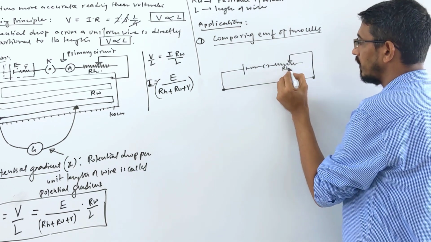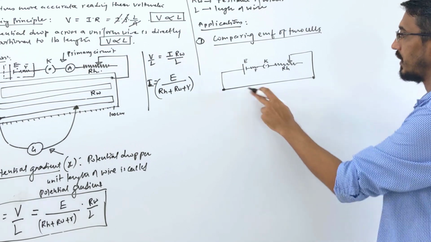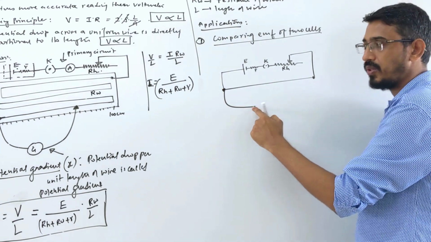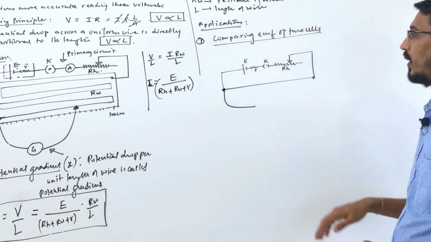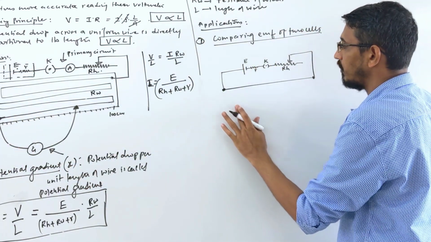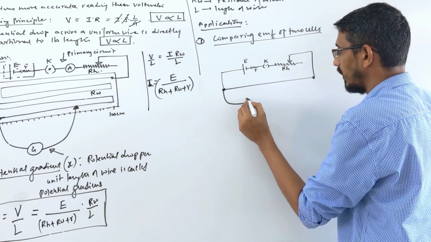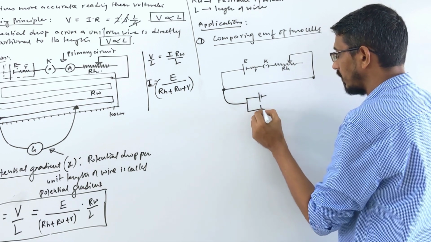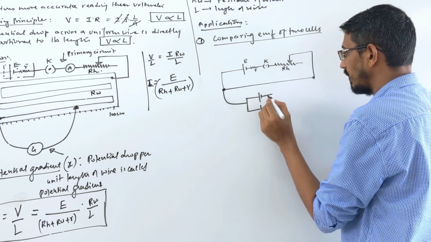This is Rh, this is the key. Okay, this is the line circuit only, and here is your lower, secondary circuit, which you want to connect here. This will always change. So look here, you want to compare the EMF of two cells. Then you take a connection from here and connect your two cells here in this way. These are two cells.